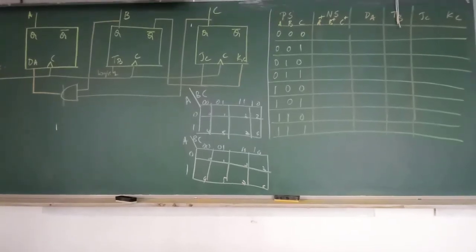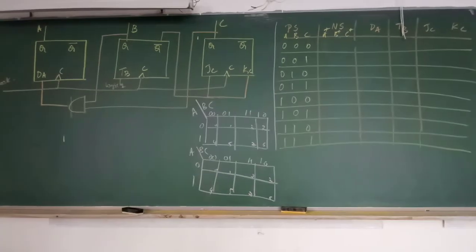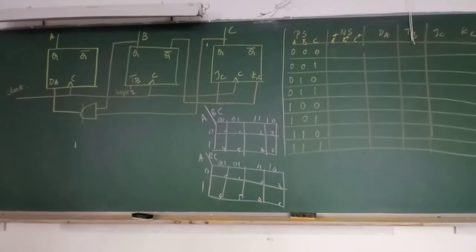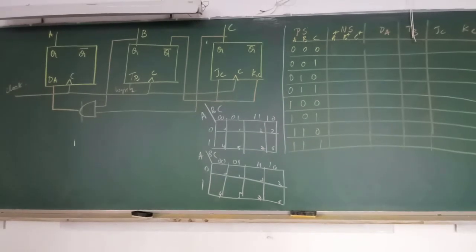Okay, so let us work out another problem here. I have just kept the table ready. Anyhow, I'll explain from the first. So this is the circuit we have. Now, what is the first step? Follow the steps I have given. Identify the system variables. System variables are nothing but the flip-flop outputs, and any external input or output variable. The flip-flop outputs are A, B, C. So A, B and C are the system or state variables. Do we have X here? No. Do we have any other output variable? No. So only A, B, C are the state variables.